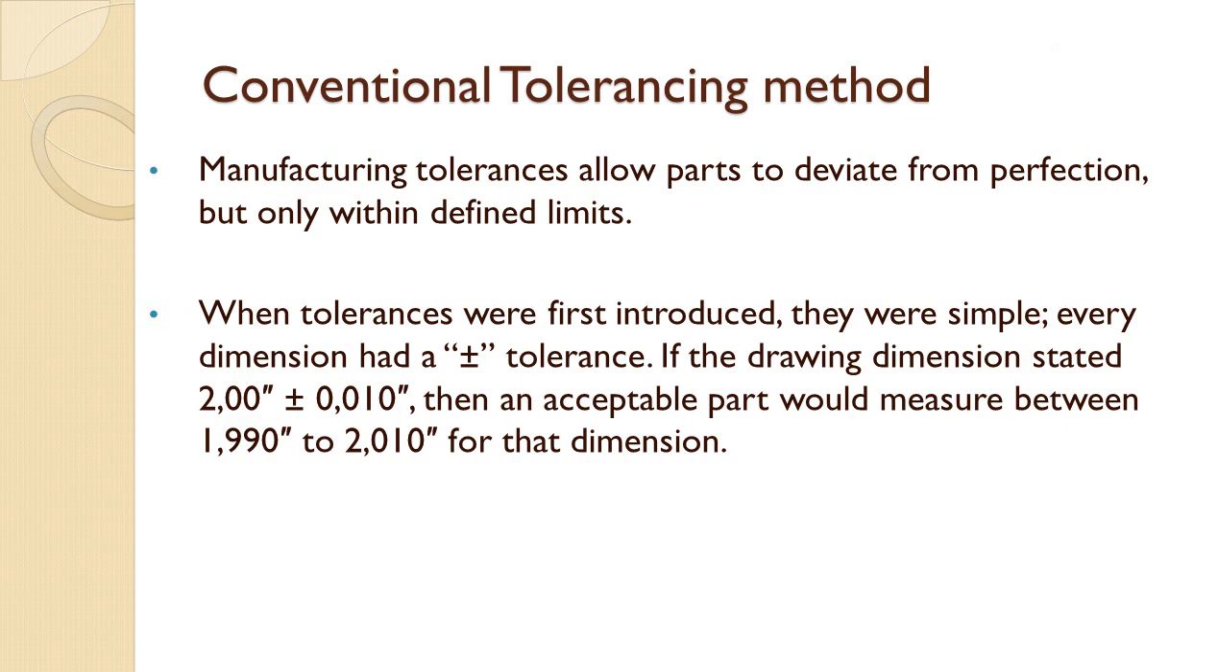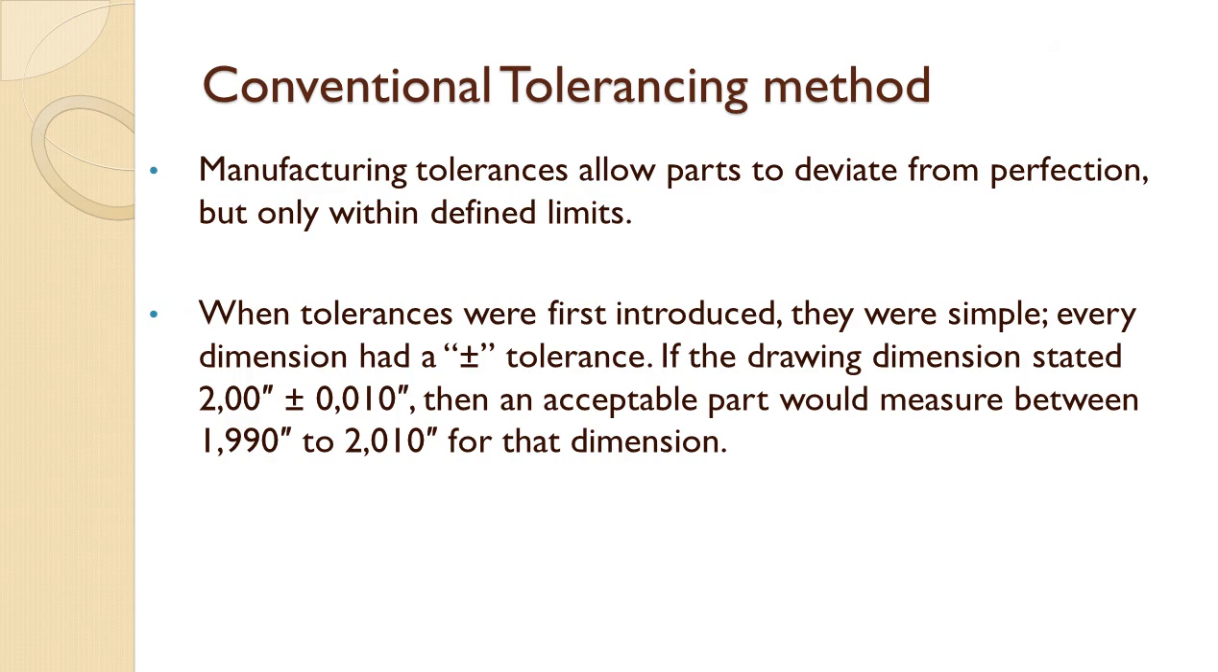In this video, we will see what is the conventional tolerancing method, the limitations of the conventional tolerancing method, and the advantages of the GD&T method. First, the conventional tolerancing method. In general, manufacturing tolerances allow parts to deviate from perfection, but only within specified limits. The amount of tolerance allowed is usually based on part function. The limits allow the part to deviate, but a properly applied tolerance will ensure that parts fit properly and function